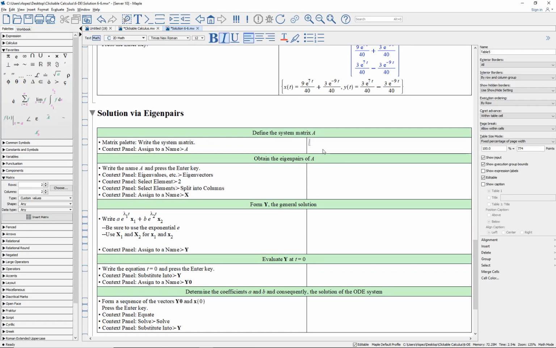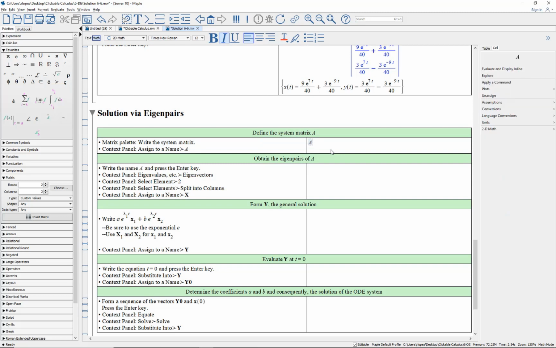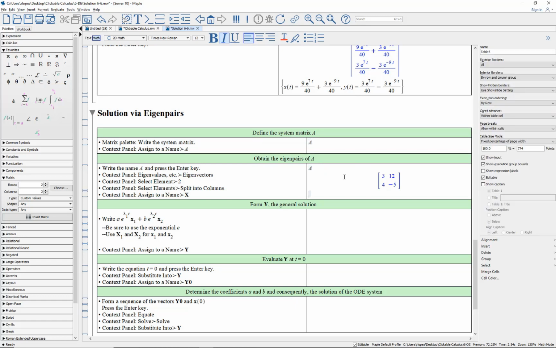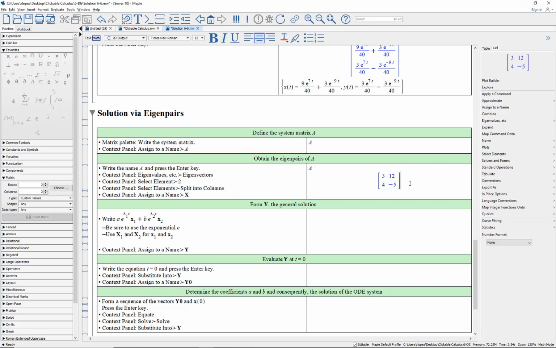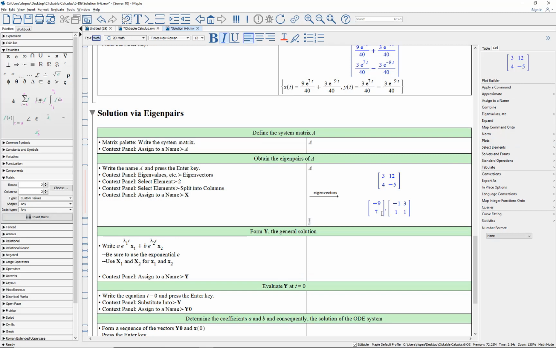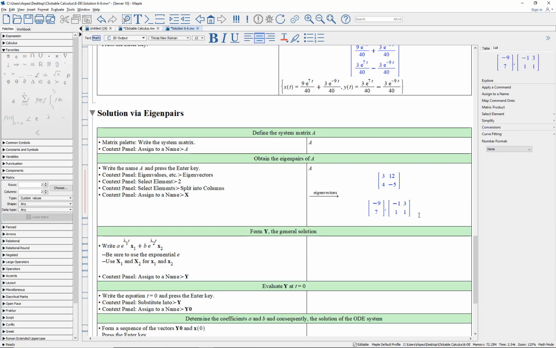So we have the system matrix A. It's already been done. We don't have to do it again. There's A. We want its eigenpairs. So go to the context panel, you have eigenvalues, etc. Let's select eigenvectors because that gives you the eigenvalues as a column vector, and then the columns of the matrix are the corresponding eigenvectors. So I'm going to grab that matrix of eigenvectors,